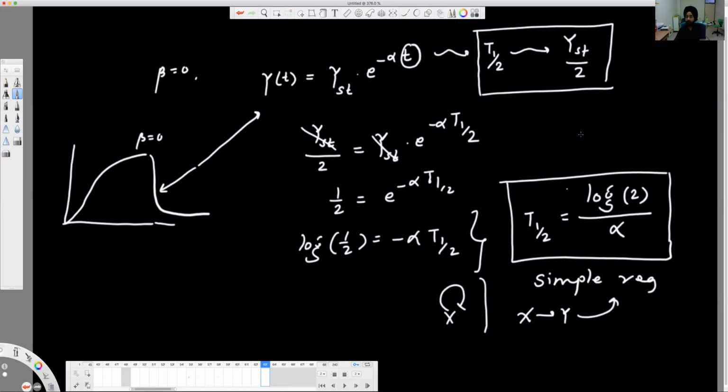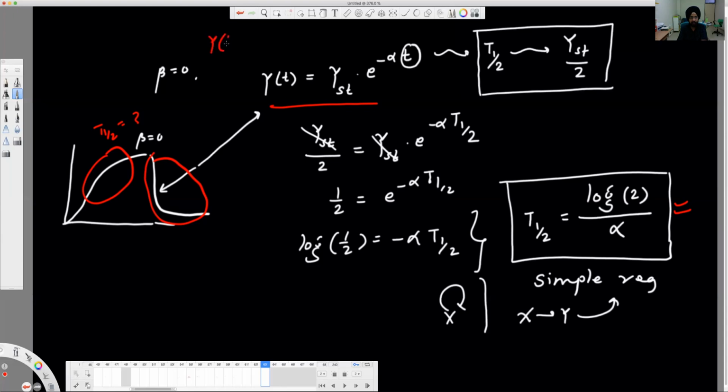Now you might say that I'm only talking about the degradation part, right? So I calculated T half for this part, but what about this part? What is T half here? It's going to be the same. Why? Because the equation for this trajectory would be symmetrical to this one, which is basically a mirror image.